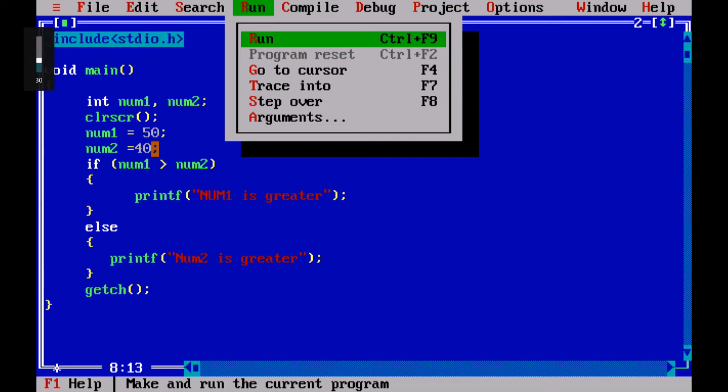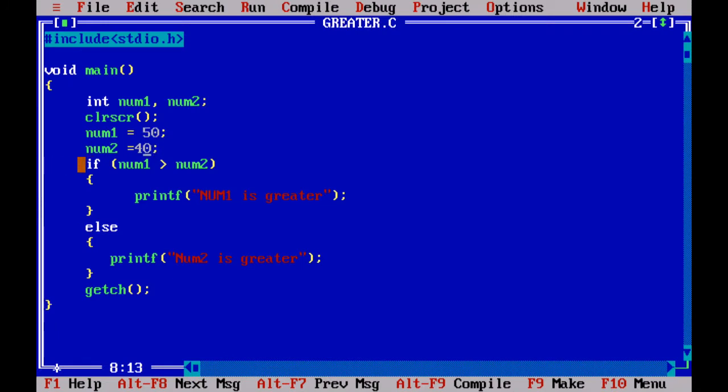See, num1 is greater, so only one part will work. If this is true, the else won't execute, and if this is false, this won't execute. Any one will be executed. This is the whole block of the if statement.